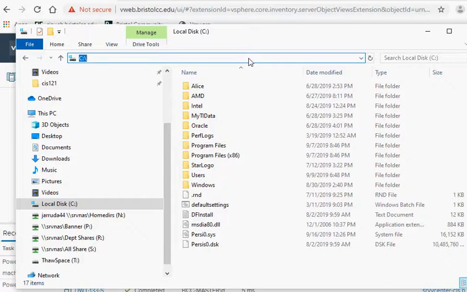Okay, if I click on a drive letter within This PC, or double click on a drive letter and it opens up that drive, then the folders that I see there are at the root of the drive. Okay, and I can navigate through those folders by double clicking on them and so on. But for now, what I want to do is focus on some of these folders and